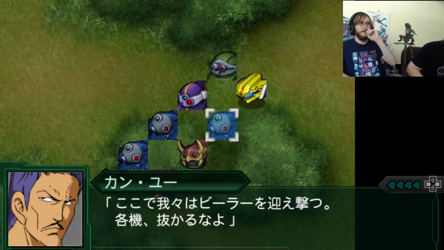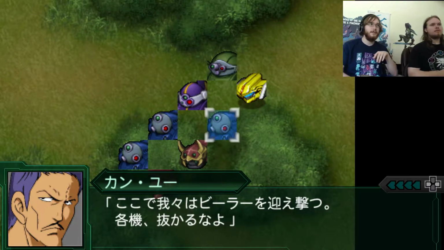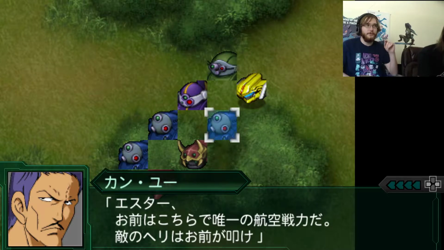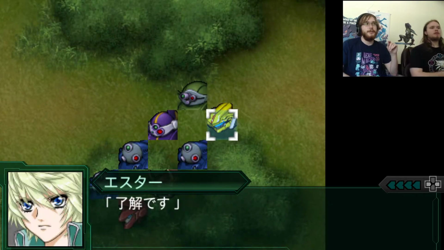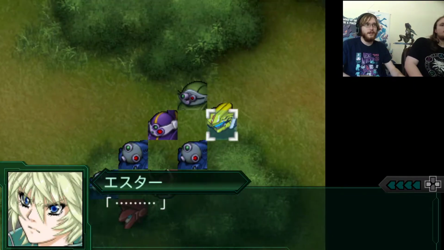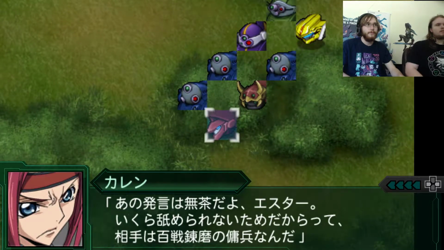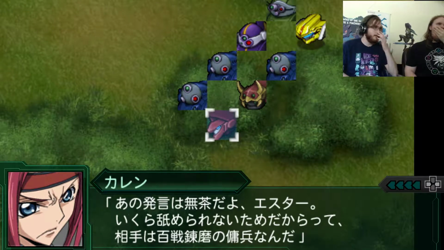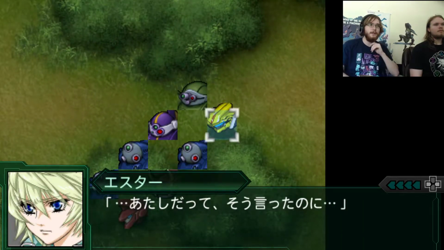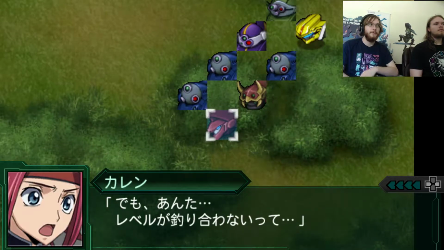Alright, so we shall proceed to meet the rebels here. All units, stay careful. Let's see. Esther, you're the only one of us who can fight in the sky. I'll leave the enemy helicopters to you. Understood. Alright, little missies. I'll show you which of us is higher level here. Don't worry about what they're saying, Esther. No matter how much they may look down on you, these guys are mercenaries from the Hundred Years' War. No matter how you think of it, they're probably better than us. I know that, but...